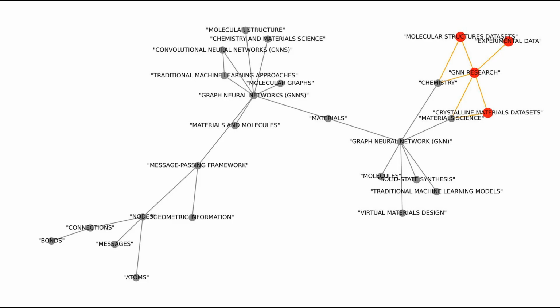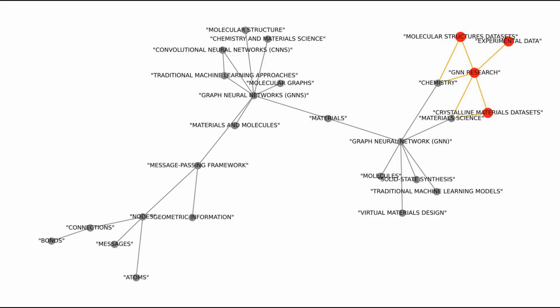Another category includes datasets for crystalline materials, which represent the orderly arrangement of atoms in solids. While there are many datasets for molecules, the availability of comprehensive datasets for crystalline materials is more limited. This can make it really challenging to apply GNNs to these types of materials, as they may not have enough